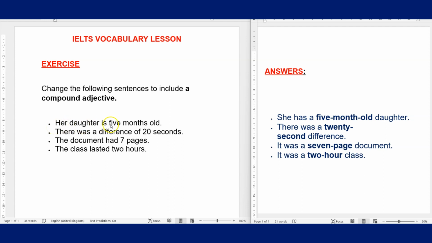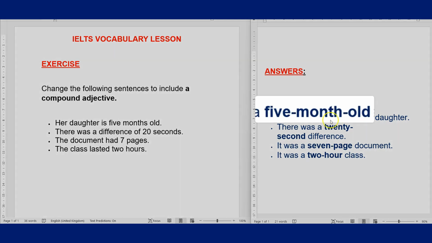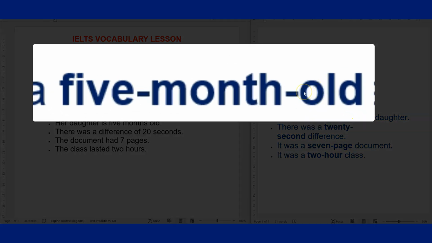Her daughter is 5 months old. So how do you change this through a compound adjective to qualify the her? We are trying to qualify her. What does she have? She has a 5-month-old daughter. What does she have? A 5-month-old daughter. And that is here. She has a 5-month-old daughter. You can see that this has two hyphens in between because the old also is part of